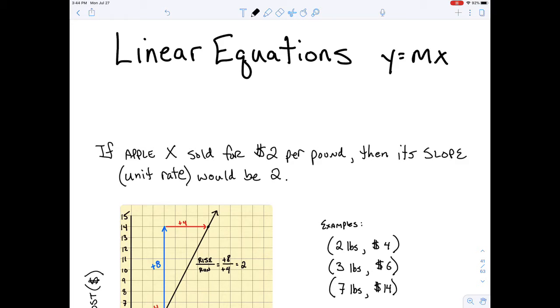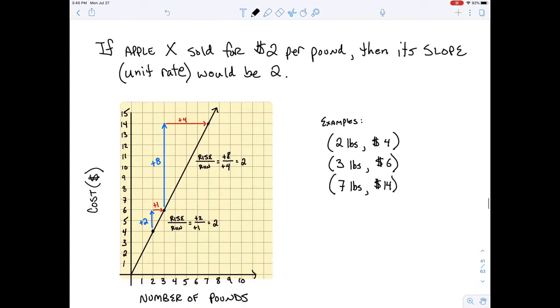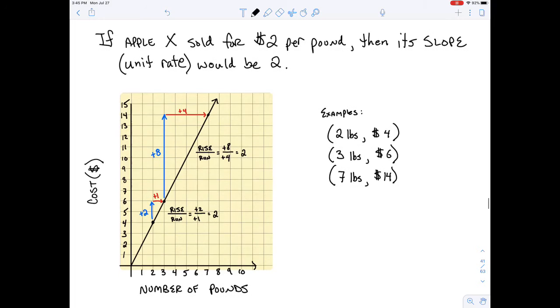The ones we're going to deal with today are going to be proportional, which means they are going to follow that constant of proportionality, otherwise known as slope. And in this case, all of our lines are going to go through the origin. So here's an example. If apple X sells for $2 a pound, then its slope, otherwise known as unit rate, would be 2. Now that's just a math statement, not a very exciting one, but it's a math statement,